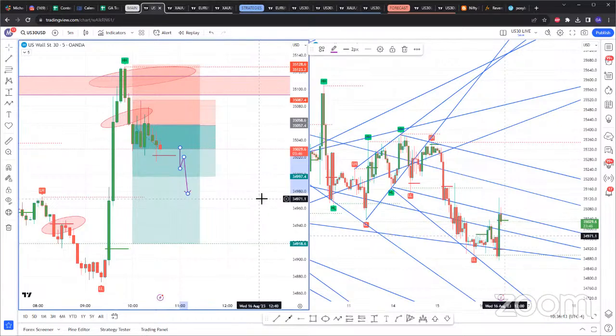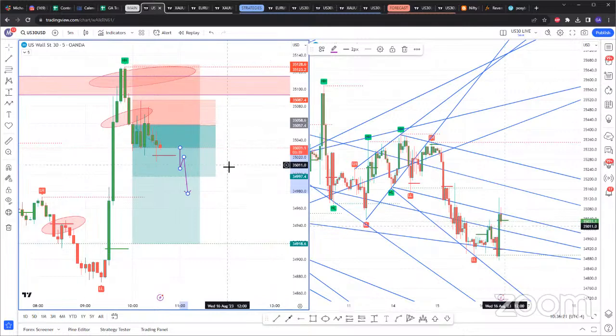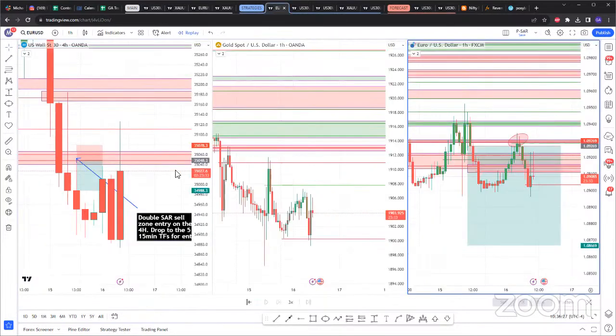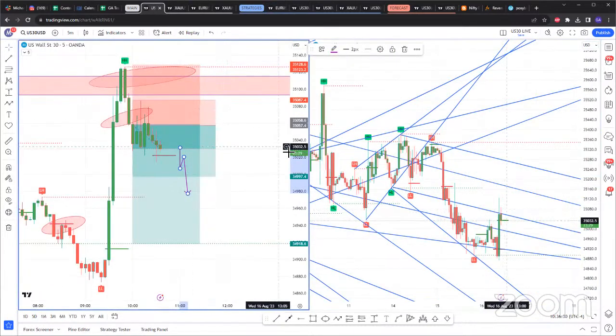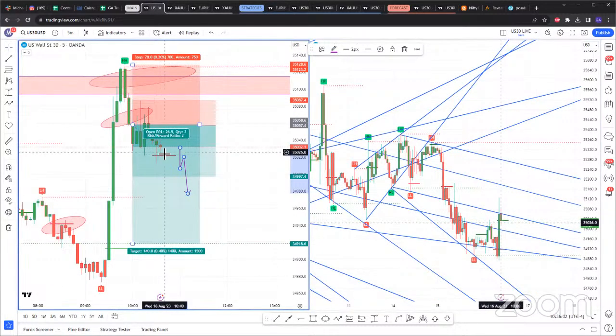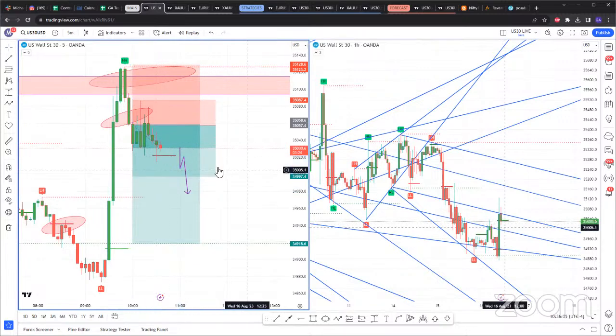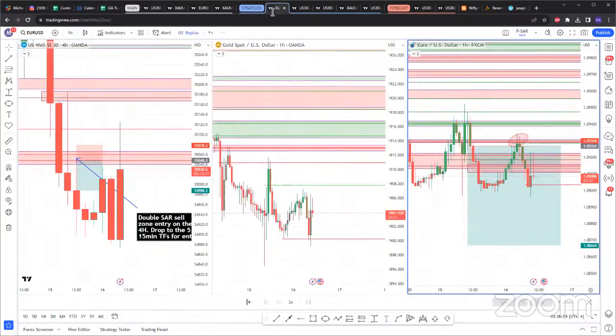The longer lines don't show up on the small time frames. Like if you could set the lines to be 500 on 4 hour and 1 hour, but on the other ones just 5. Oh, I mean, you would have to have separate charts for that, right? Yeah. Oh, I see what you mean. But even if you're doing it like I do, waiting for this SAR right here, so long as your entry, or your targeted area, is based off of the 4 hour and 1 hour, you shouldn't be getting burnt.